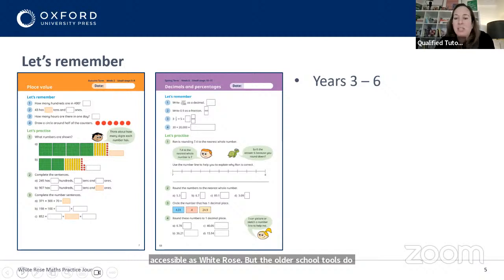Now, what I wanted to suggest was, though, Will, if I was tutoring a year 4 student who had gaps in their knowledge, either because they hadn't accessed learning, they'd been absent, or